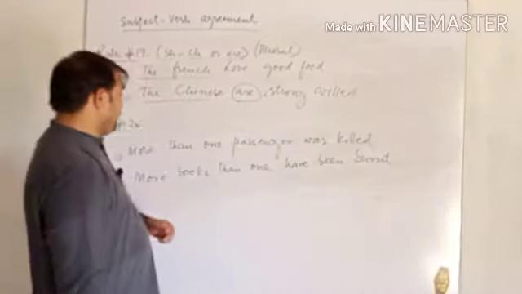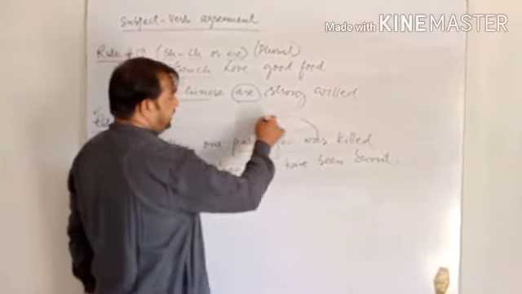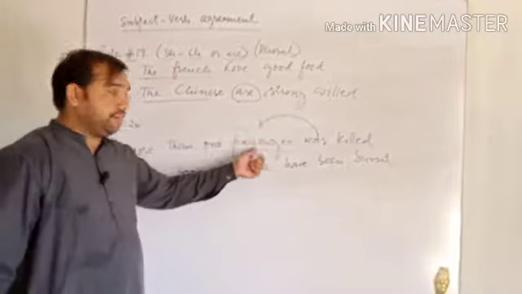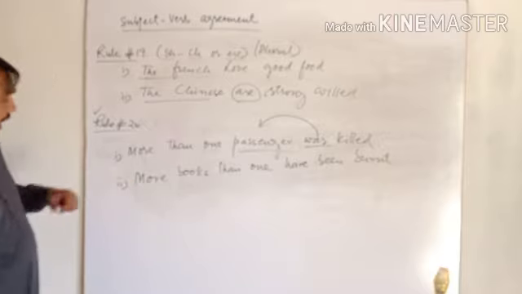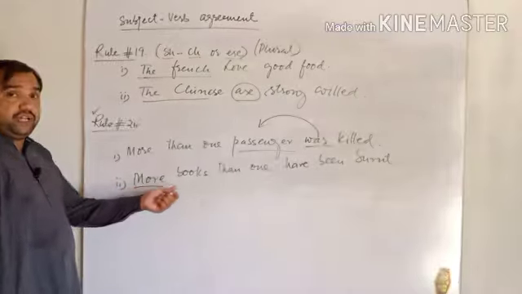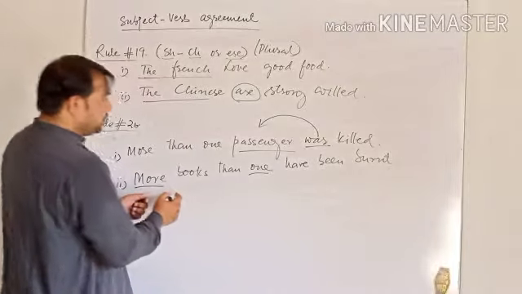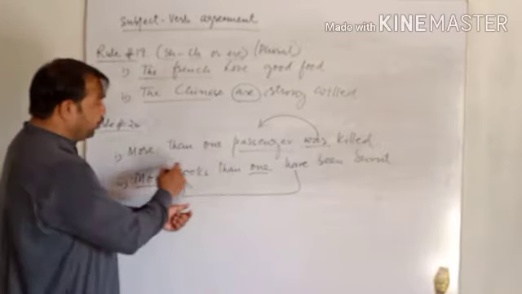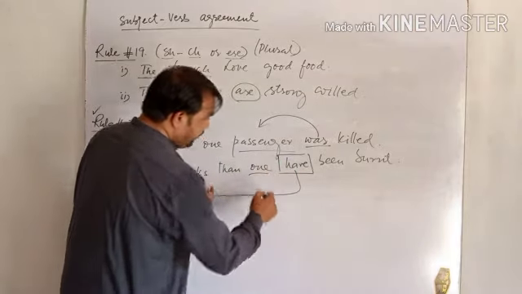Now, according to rule number 20, we have two structures: more than one and more plus noun than one. If we say more than one passenger, here we have to agree the verb with the last noun, which is in singular form. So here we need a singular verb. In the next structure, you will notice that we have added a plural noun with the word more, books than one. So here the verb will agree with the noun. So here we have determined that more books means our subject is in plural. So here we need a plural verb, not